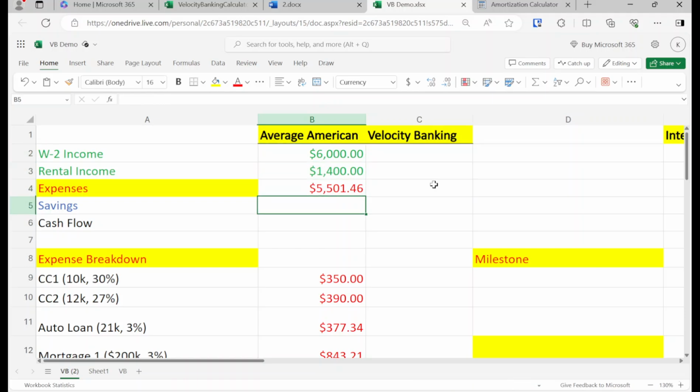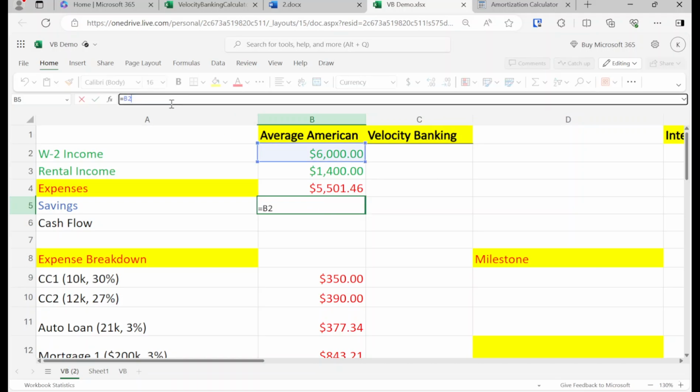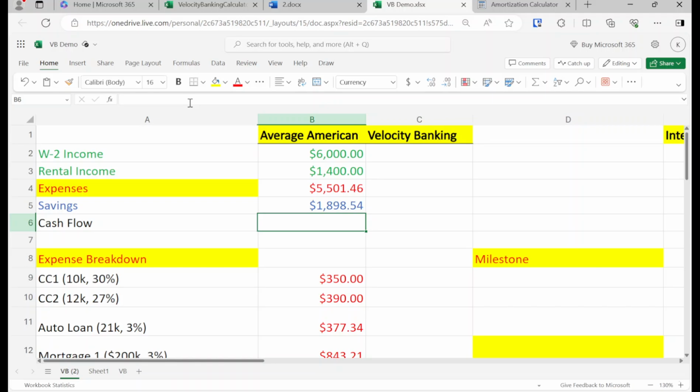Now, let's calculate how we would do things the average American way. So B2 plus, whoopsie, plus B3 minus B4, right? Now, here's the thing. When it comes to rental properties, I'm going to say this: don't depend on that rental income. So if for whatever reason that tenant doesn't pay, let's say this is zero, right? Guess what happens here? You at least can survive without that rental income. But man, if receiving that rental income is going to be the difference between you eating and not eating, I definitely would not recommend going into rental properties,